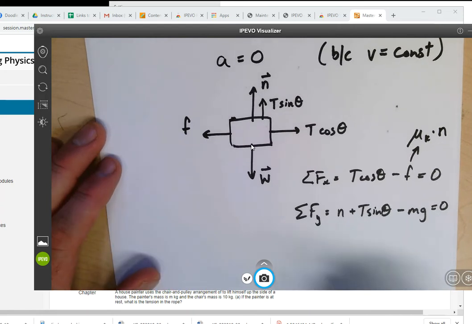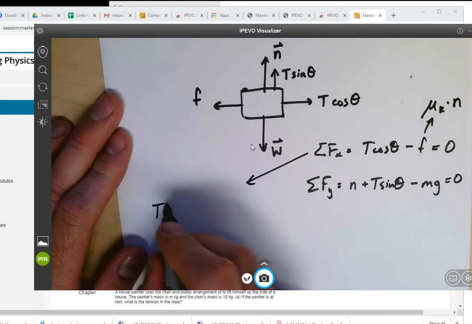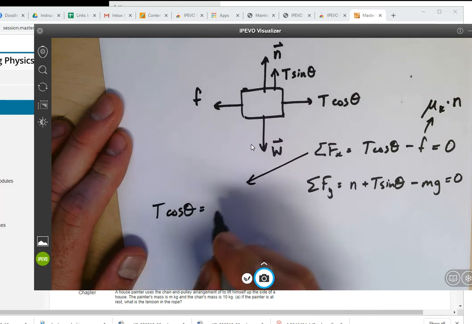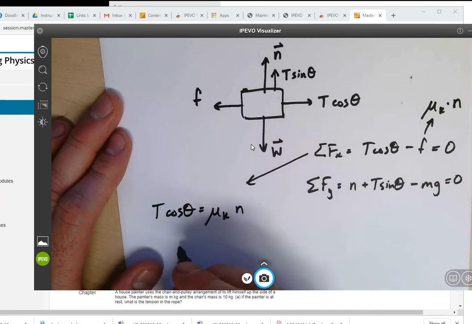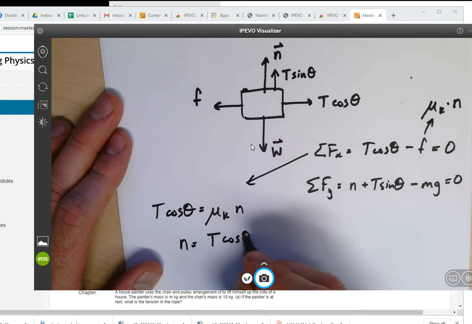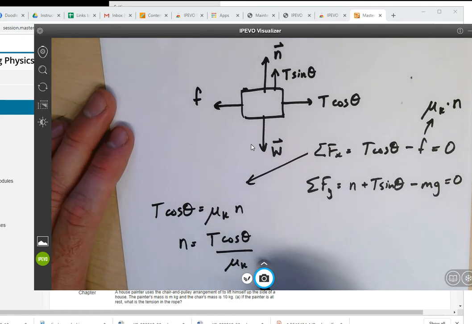So what we can do then is take this equation over here to the side, and I can say that T cosine theta is equal to mu k times the normal force. Or in other words, the normal force is equal to T cosine theta divided by mu k. So that means that I can now plug in the